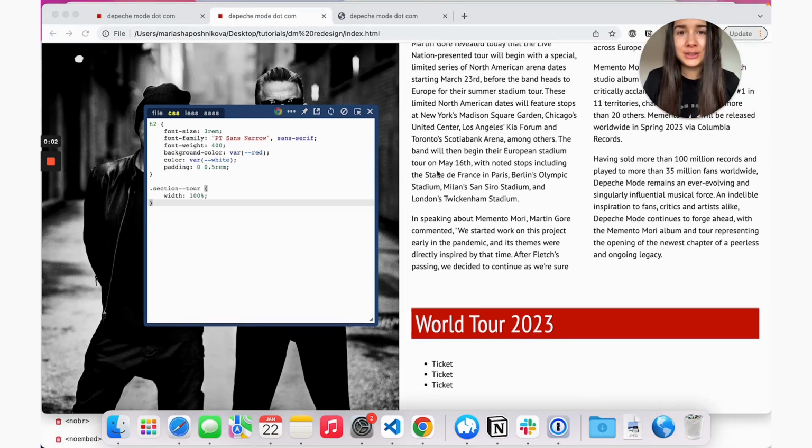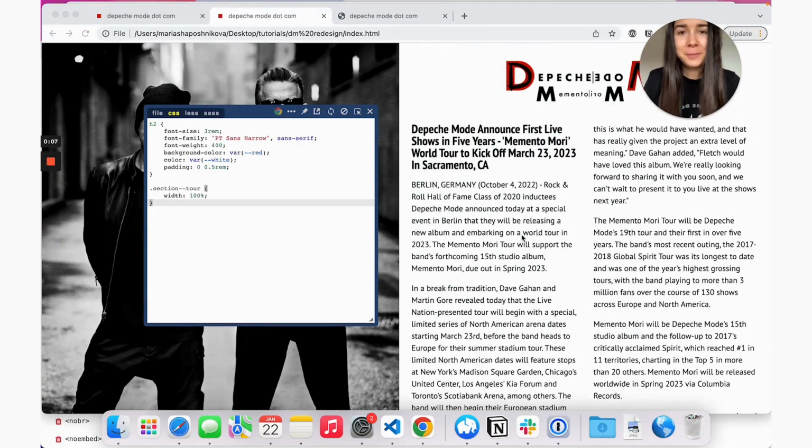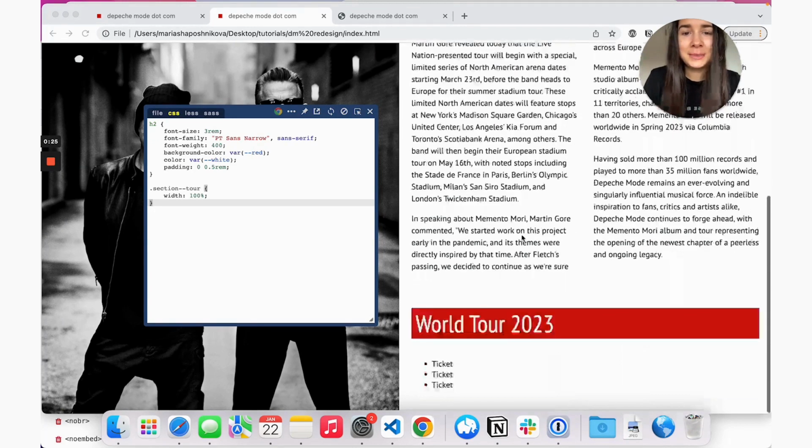Also, 2 quick things to note. First one, if you're making a real website, you're probably not going to be hard coding your article inside your code. It's just not sustainable, and then it would not be possible for an editor or somebody who doesn't know code to edit it. So you are probably using a CMS to do that. And same as for the tickets, you're not just copy pasting HTML code over and over again. You're using components or partials. Here, since we're just playing around, doing it from scratch, focusing more on aesthetics, usability, all that stuff, I'm doing it this way, but obviously don't do that in a real website, don't repeat yourself.